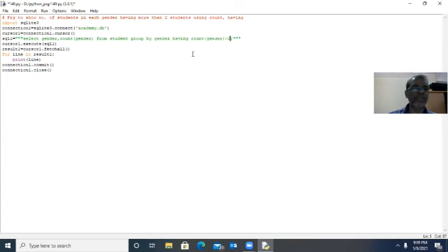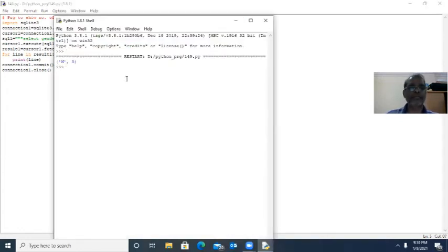That's all. So select gender, comma, count of gender from student, group by gender, having count of gender greater than 2. We are getting male 3, that's all. Female contains only 2, it will not come. Male contains 3, that is greater than 2.